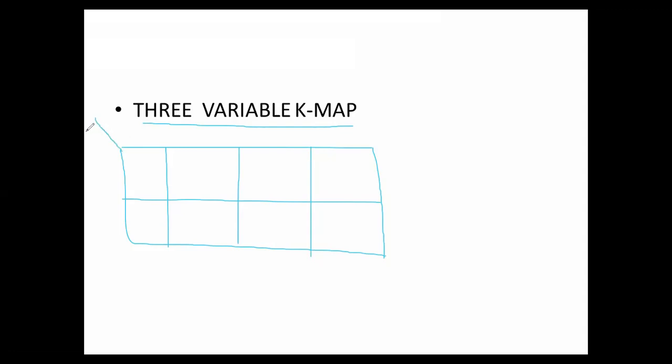here, on this side we are taking one variable, either ABC or XYZ. X is taking this side, and here on this side we are taking two variables, Y, Z. Here only one variable is on this side. That's why the combinations for one variable are 0 and 1 only. So on this side, two variables are there, YZ.